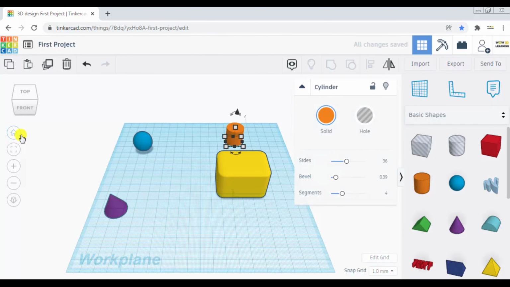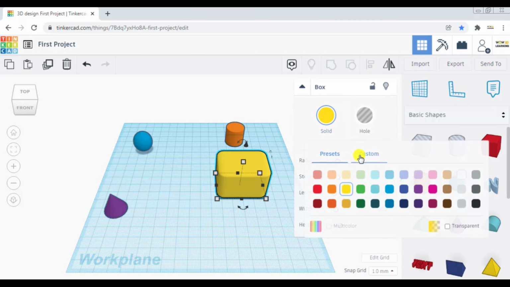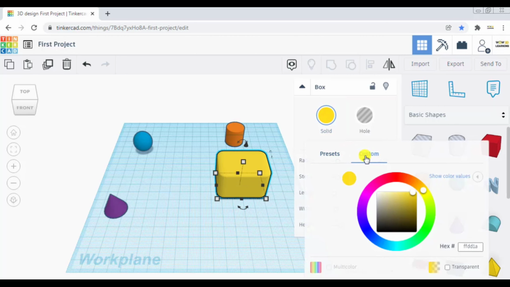One more thing is, when you select an object, in the same solid panel there is something called custom. This circle is called the color wheel. If you press anywhere on this wheel, there will be a color, and the square which you see inside is used to change the tone of that color. Whether you make it light or dark, you can do that from here. So by adjusting both the color wheel and the square, you can have any color that you want your body to possess.